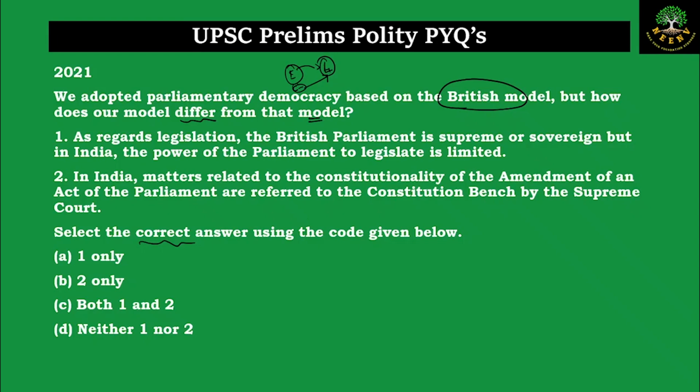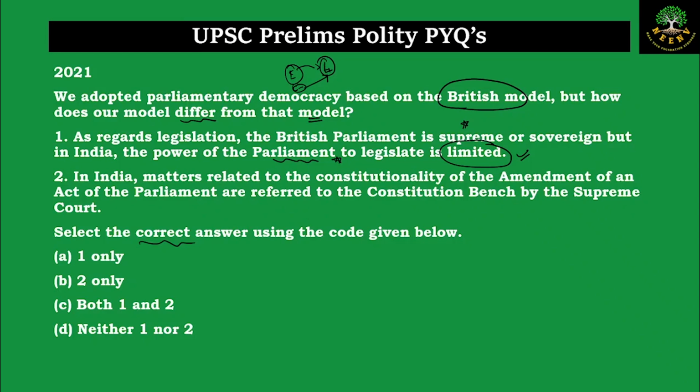Statement 1 is saying, as regards the legislation, the British Parliament is supreme or sovereign, but in India, the power of the Parliament to legislate is limited. This is correct. In Britain, the Parliament is supreme when it comes to legislating anything, but in the Indian Constitution, the powers of the Parliament are limited by the Constitution. That is why it is also known as the limited government, because the Constitution puts certain restrictions on the powers of the